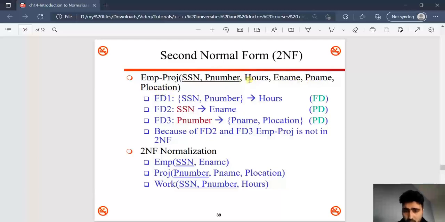So for this to be in 2NF, each non-prime attribute, which are hours, employee name, project name, and project location, must depend only on the primary key completely, or a candidate key completely. It cannot depend on a part of a primary key or any candidate key. However, functional dependency 2 says that the employee name depends directly on SSN only, not on SSN plus the project number. So this is called a partial dependency,